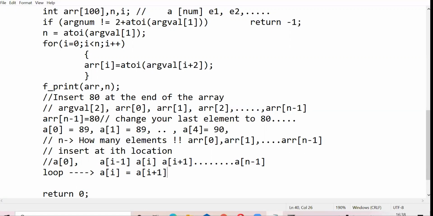Is it shifting my elements forward or backward? You see what will happen? A of 0 will become a of 1, right? A of 1 will become a of 2, so on and so forth. So do I want to do this or do I want to do the reverse thing?